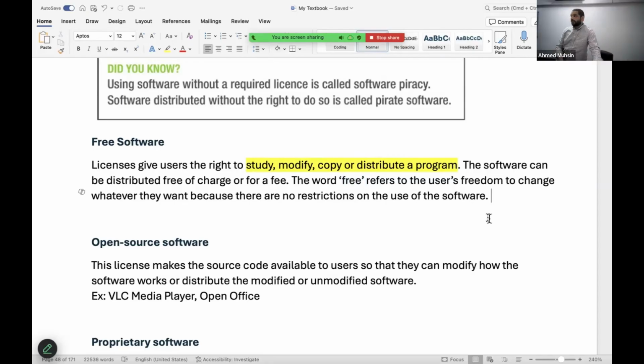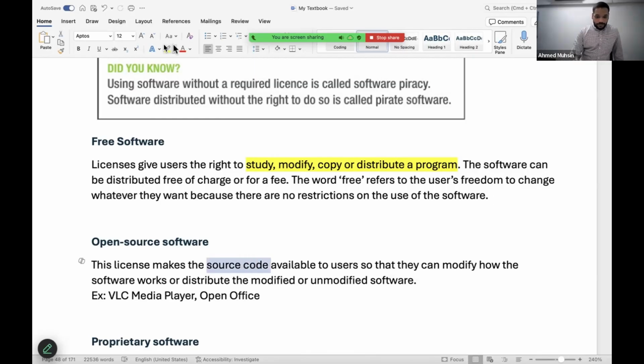Can we all move down to open source? Can everyone read open source? Can you guys read this? Can you guys highlight a key word over here? This license makes